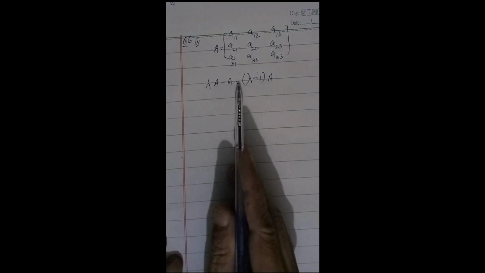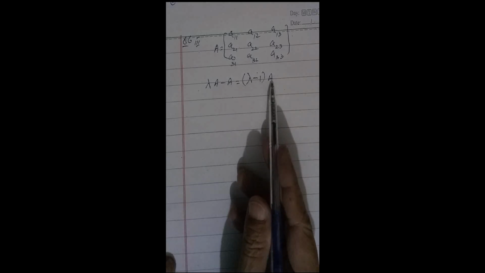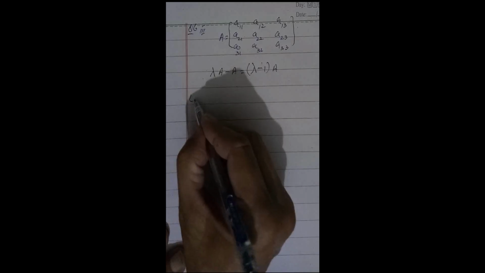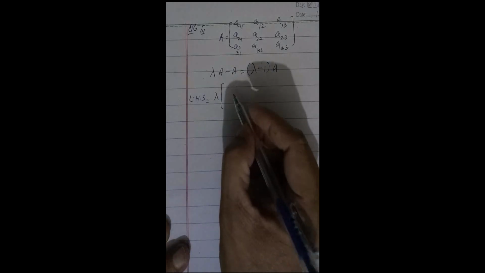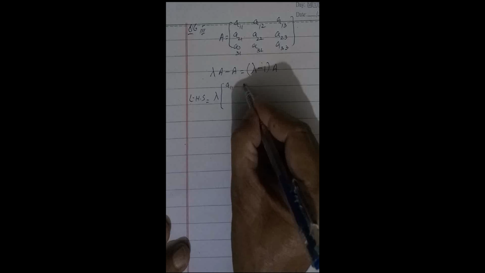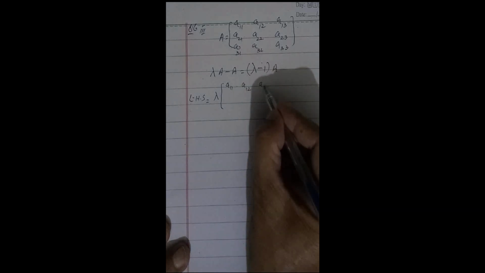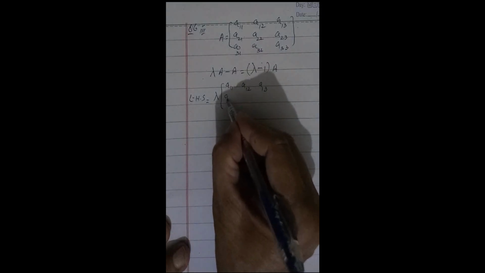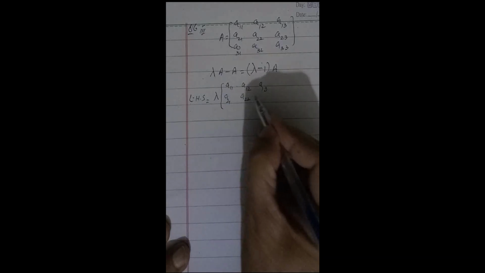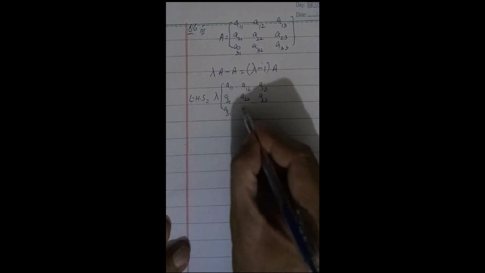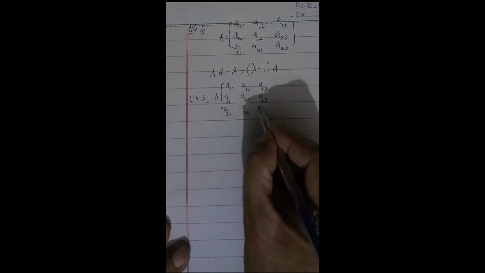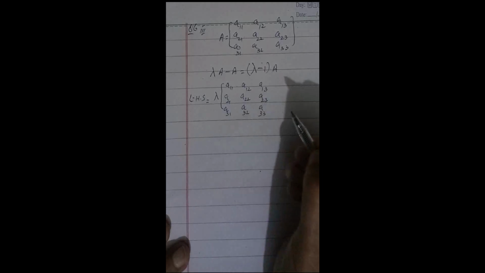Now we prove lambda A minus A is equal to lambda minus 1 into A. Now we solve it. Left hand side is equal to lambda times the matrix A11, A12, A13, A21, A22, A23, A31, A32, A33